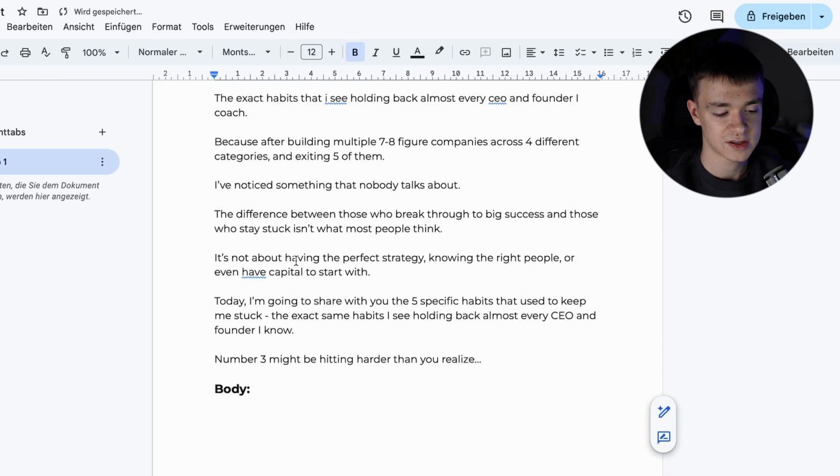Definitely way more comprehensive. For this one, I will just lay out the structure for the body. So basically breaking down these 5 habits, and really that would be it for the body, because again, I don't want to go into too much detail regarding writing the body. It would be way too long, and hook and outro are kind of more important under this, because a lot of people like to record the body quite freely, which you shouldn't do in every case.